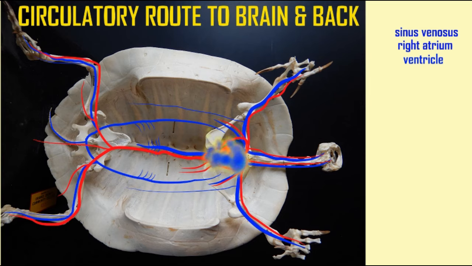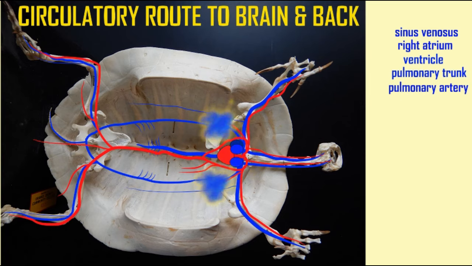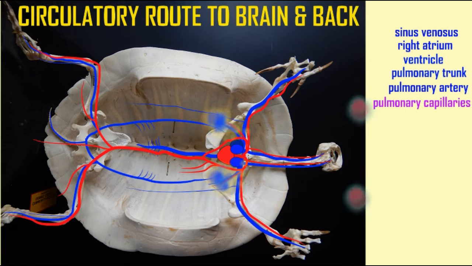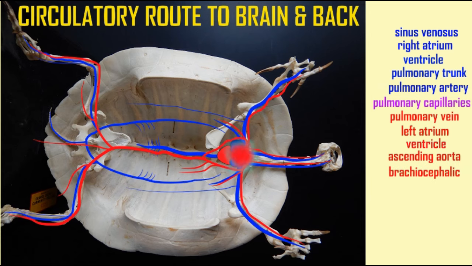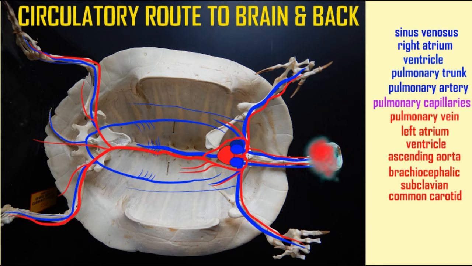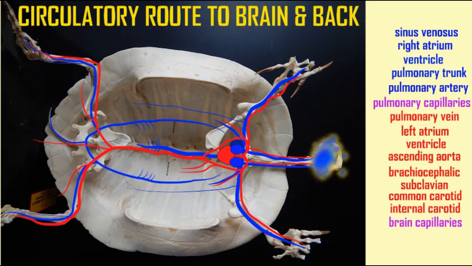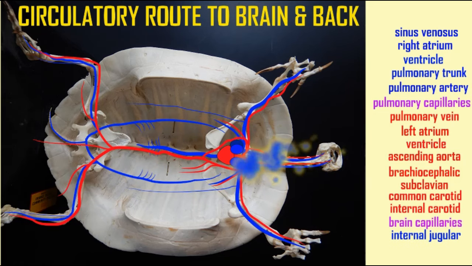The oxygenated blood returns to the pulmonary vein, to the left atrium, once again to the single ventricle, to the ascending aorta, which then on the right side forms a brachiocephalic trunk, but not on the left, before forming the subclavian artery. The common carotid artery comes off the subclavian artery and will form the internal carotid, which